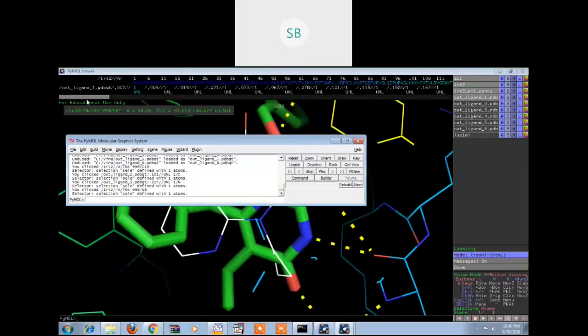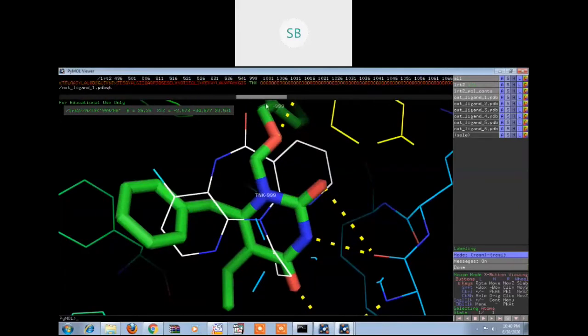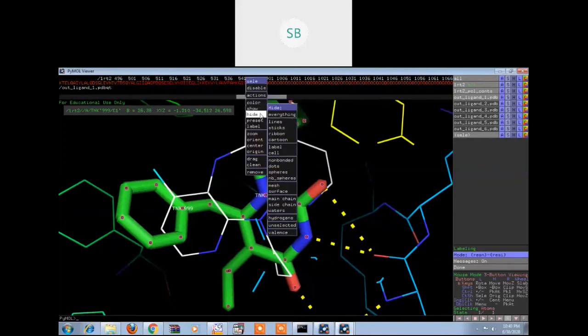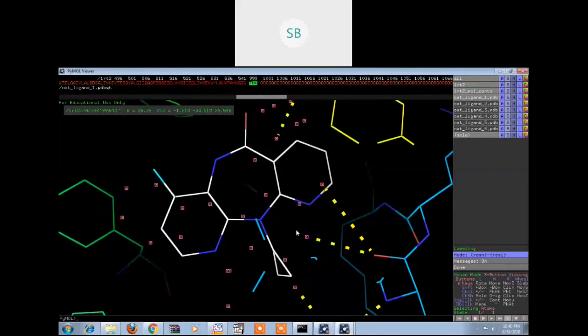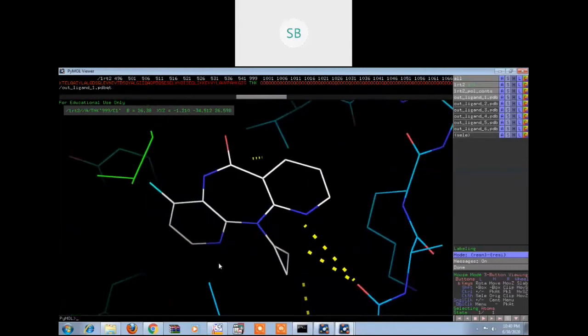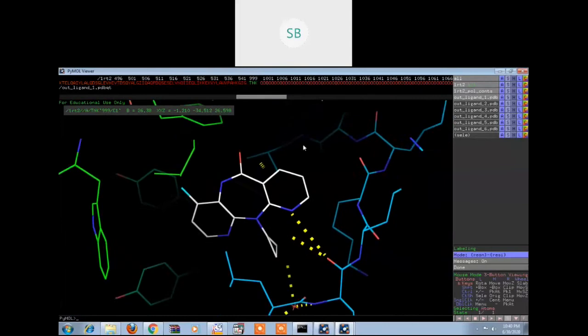Sequences, and from here only you can get to know about this TNK999. Yes, TNK999 is there. It has been selected, and just press right click and hide everything, so it goes off. So this is the one that is nevirapine, and it seems that it is occupying the